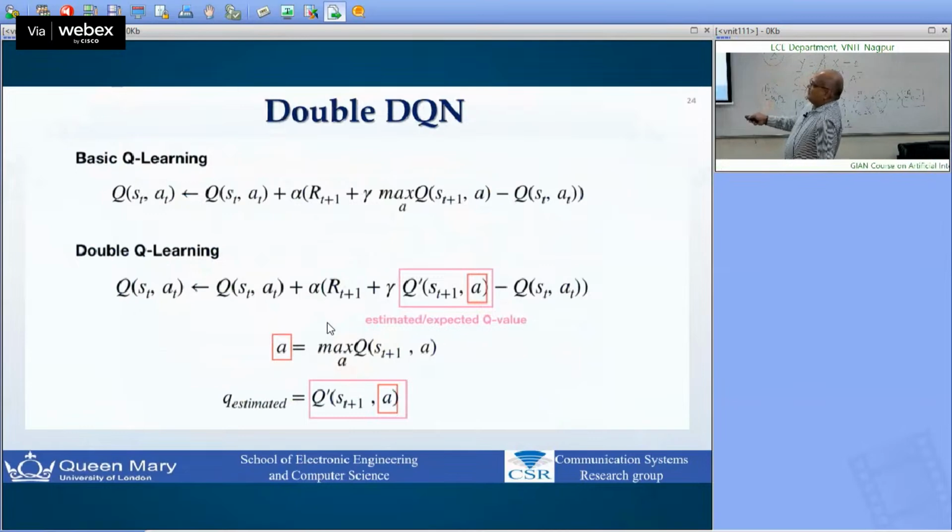So that means we are going to have 2 DQN, 2 deep Q neural networks. One to calculate this value, another one for this function, the estimated Q value calculation. So for all possible values of A, which action gives the maximum Q value, for that one we use another deep Q learning network. This way, we can solve this